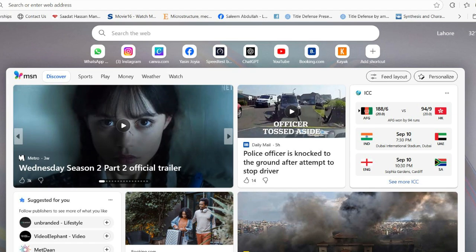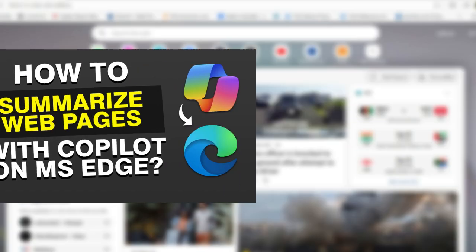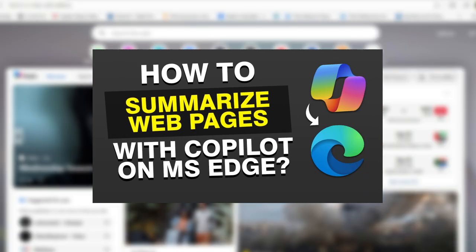In this tutorial, y'all, we'll find out how to summarize web pages with Microsoft Copilot in Edge. If you want to summarize web pages with Microsoft Copilot in Edge, then watch this video till the end and